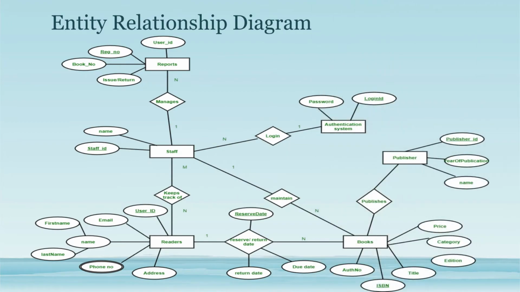An ER diagram is used to analyze the structure of the database. It shows relationship between entities and their attributes. An ER model provides a means of communication. The library management system database keeps track of readers with the following considerations. The system keeps track of the staff with a single point authentication system comprising login ID and password.